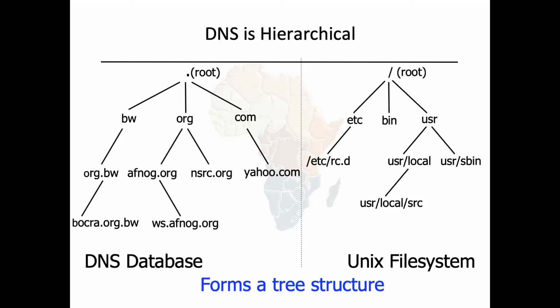As I was saying, DNS is hierarchical. You can see how DNS is structured. It is very similar to the Unix file system, if you're familiar with it. The reason this is put in place is because different parts of this DNS structure can be managed by a different organization. So .com can be managed by one person, and then Yahoo.com can be administered by someone else,